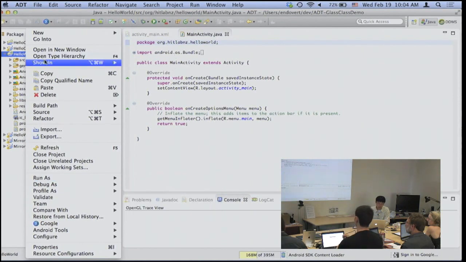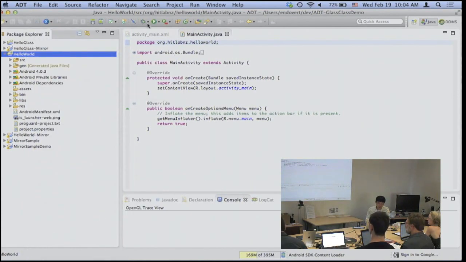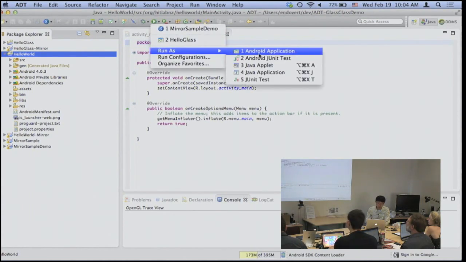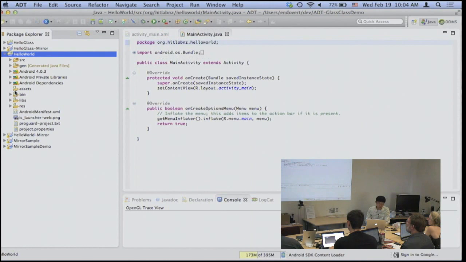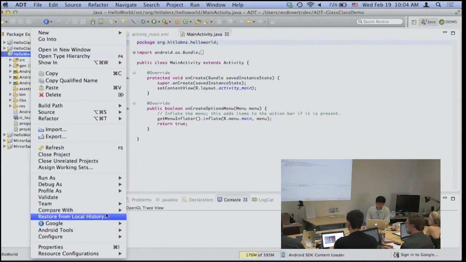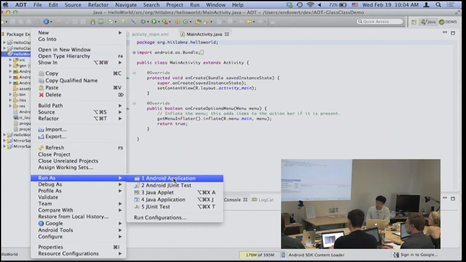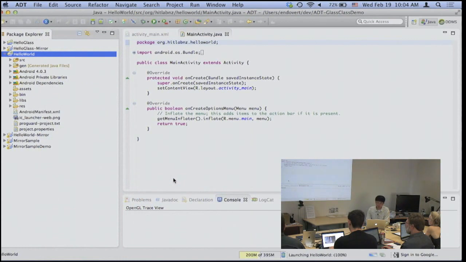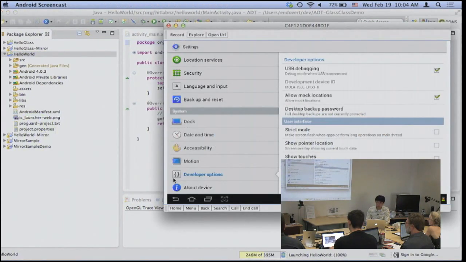The other option is, if you have chosen the project, there is a button that looks like a play button here. So you can go from there as well, but I usually use the context menu just to make sure which project I chose. So if I run it and wait for a while to see how it runs on my tablet,